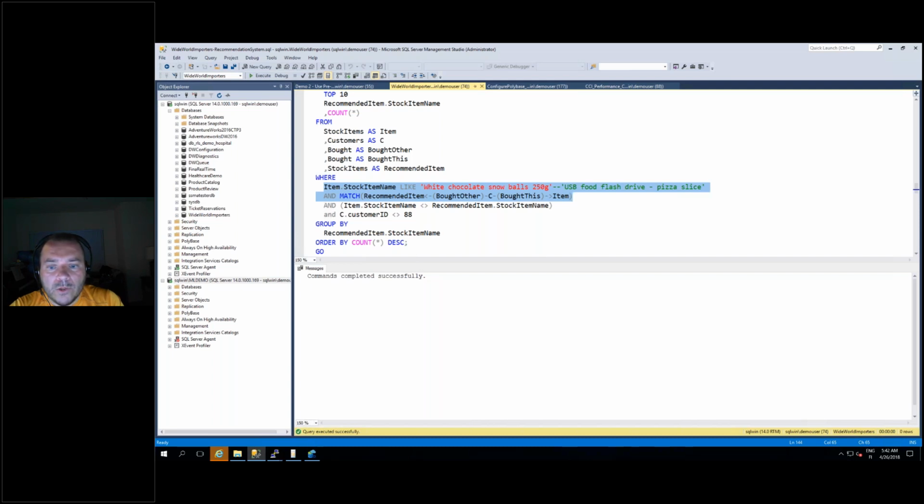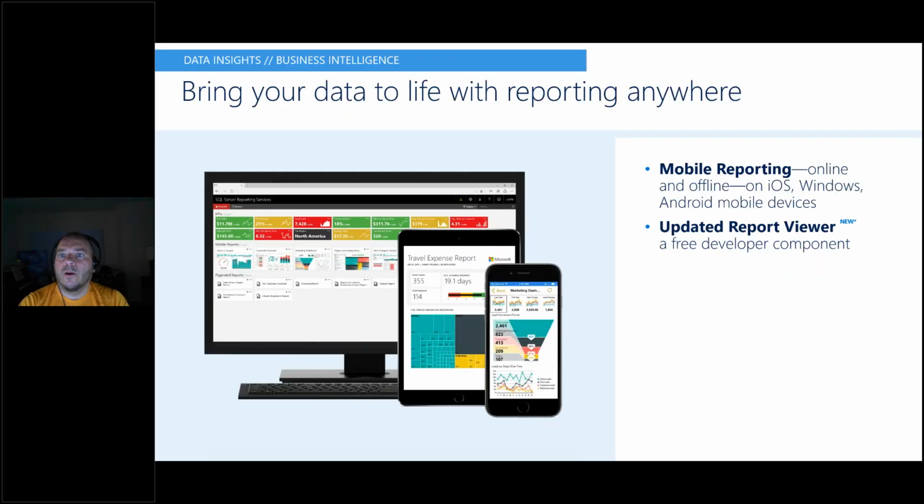Okay, I'm going to show a few more slides, and then we have time for questions. Obviously, most of you know the business intelligence capabilities. In SQL Server 2016, we introduced mobile BI, which allows you to define beautiful dashboards that scale to any type of form factor, different types of devices: iPads, iPhones, Android phones, Surface tablets, and so on. You can also take these mobile reports offline.